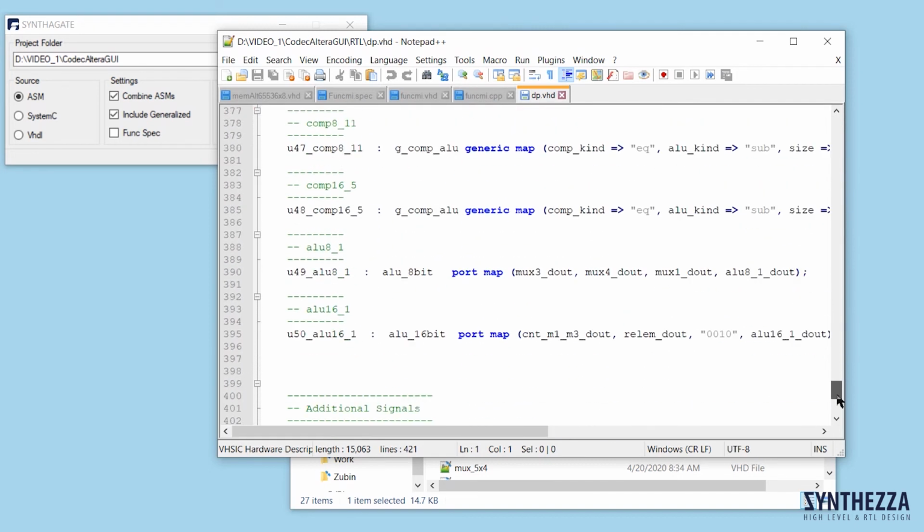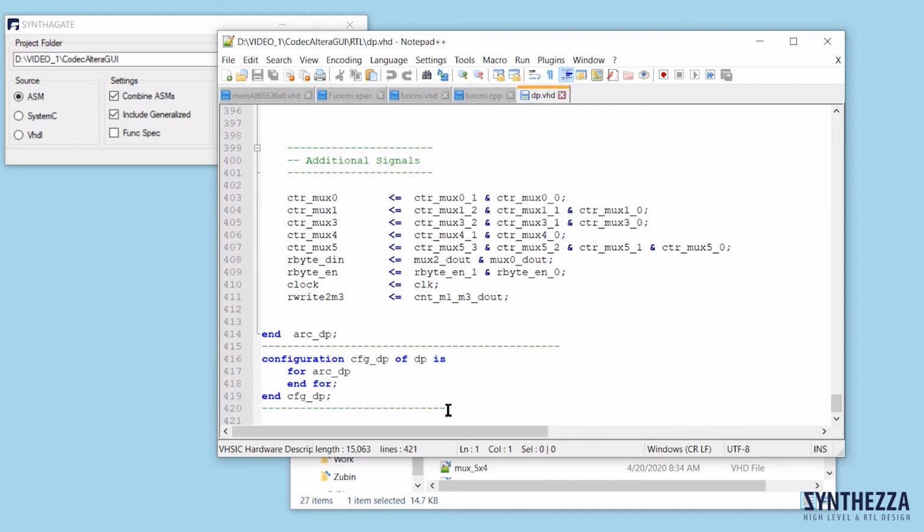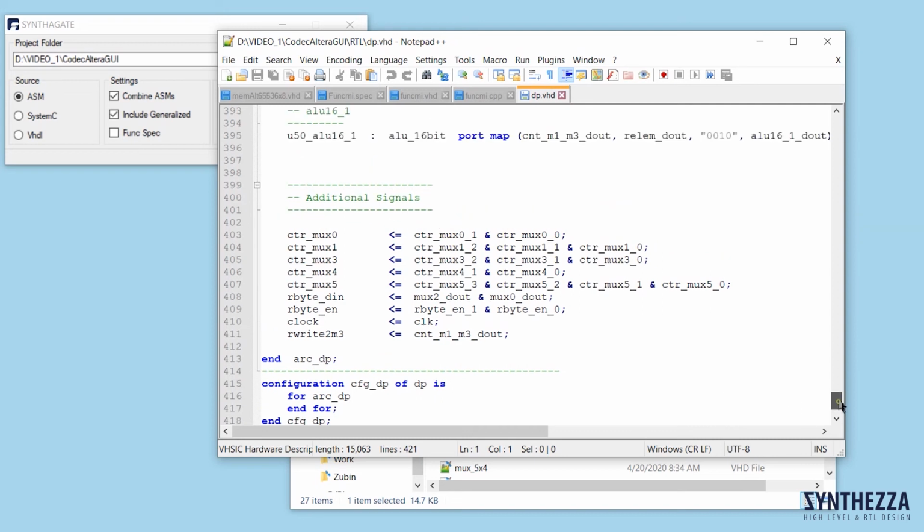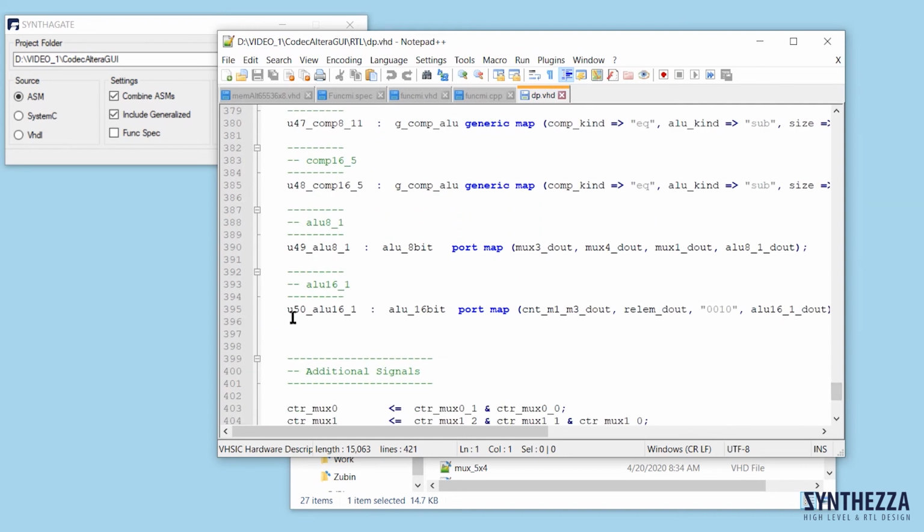At the bottom of this file, you will see that it contains 420 lines and 50 instantiated components. The number of instantiated components is more than the number of VHDL files in folder RTL because some components are used several times.